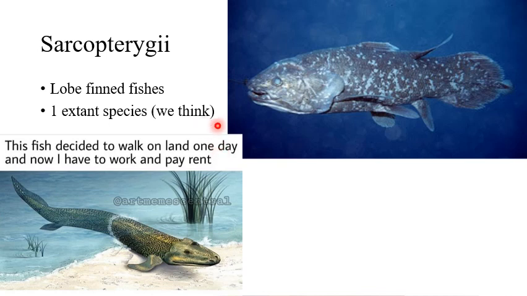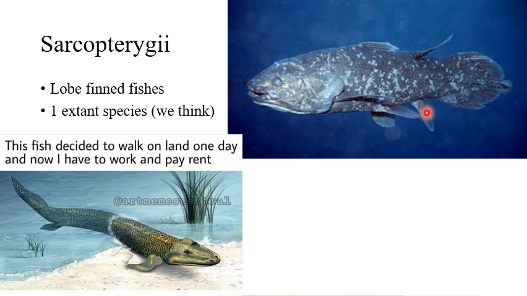Sarcopterygii are the lobe fin fishes. To the best of our knowledge, there's only one species, but we thought they were extinct. So I mean, there could be more. And the ocean is a really big place. Okay, so you can see their lobes are softer and more malleable. A lot of these walk along the ocean bottom,